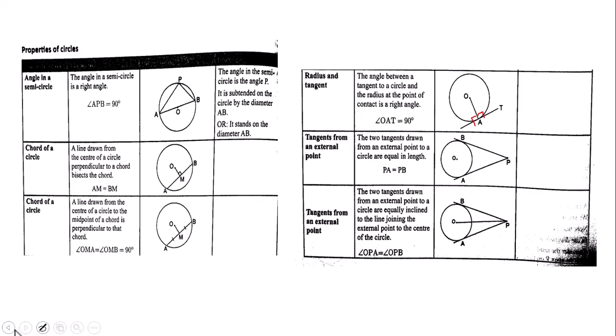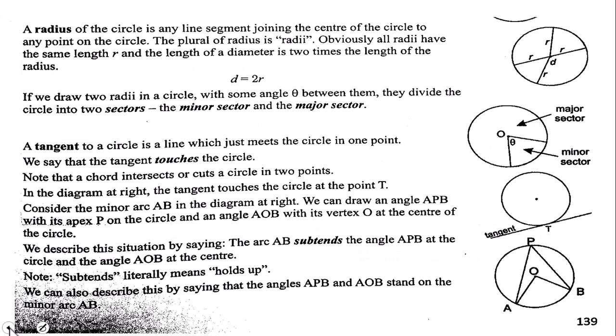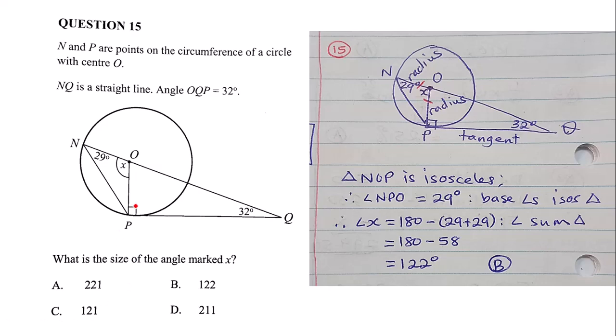So based on this theorem, you can see the angle right here is that 90-degree angle formed between the radius OP and the tangent PQ. That's one of the theorems. You can use the theorem to first find this particular angle using the big triangle NQP, and then later you can find X using this smaller triangle. Or if you can remember that in a circle,